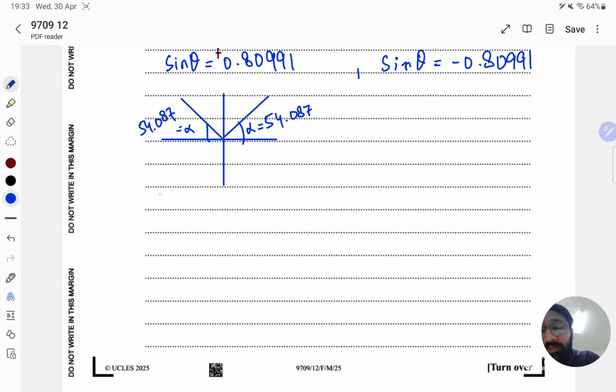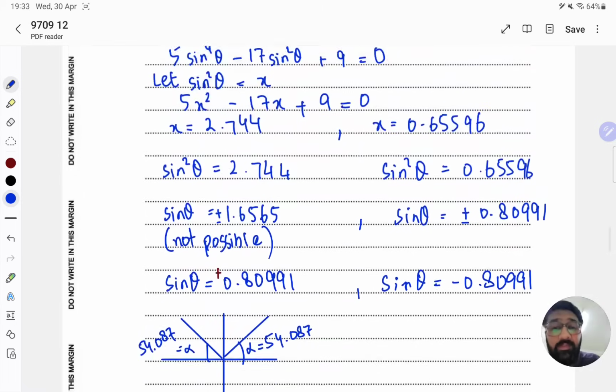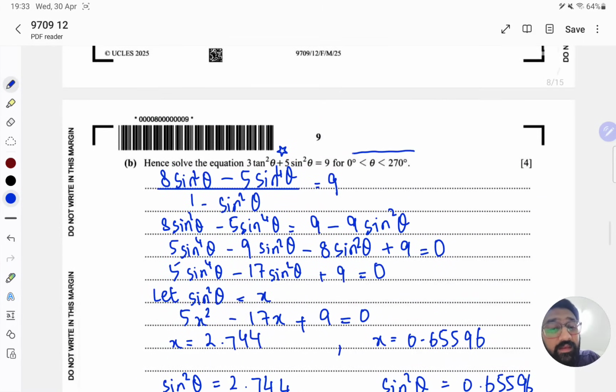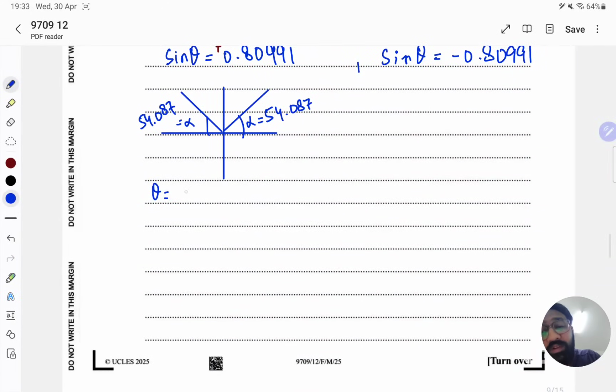54.087. So the two values of theta are very clear from you. Let's see what the limits are. The limits are from 0 to 270. So both of them are possible, which is 54.08 degrees, and the other is 180 minus 54.087, which is